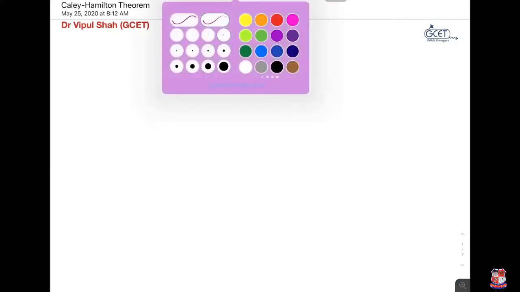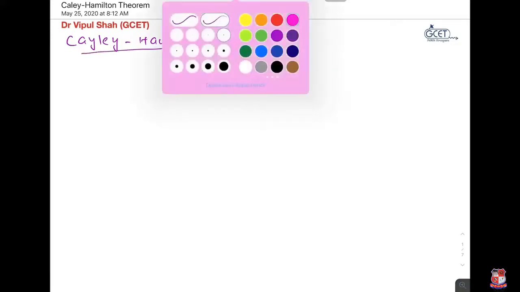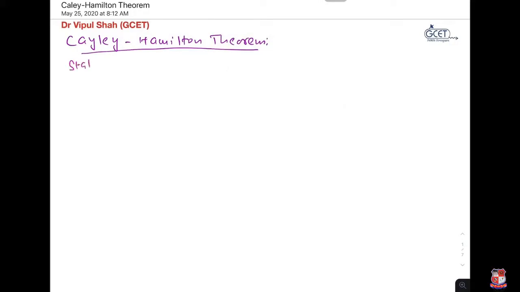Cayley-Hamilton theorem, so that will be a very good theorem. So this is the Cayley-Hamilton theorem, and its statement is like this. It's a very good theorem, and examples can be asked. Statement is like this: